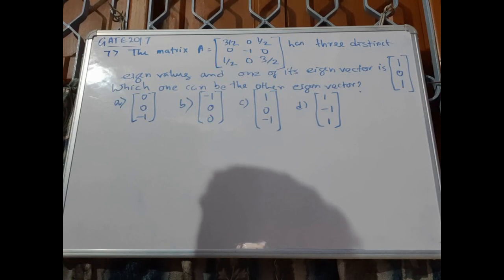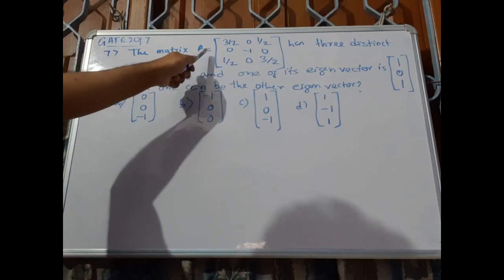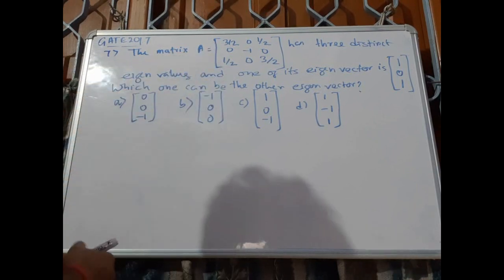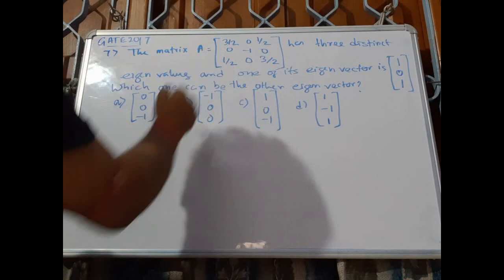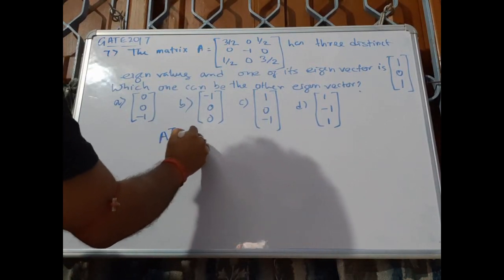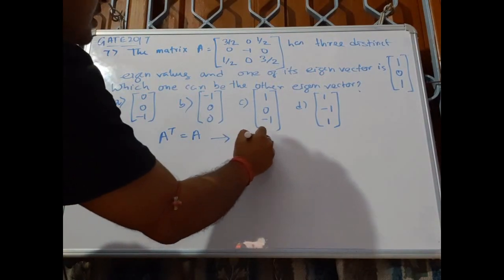Okay, whenever a matrix is given to you, you need to check the matrix first. Is there any hidden property in it? You can see that this is nothing but a symmetric matrix. If you take A transpose, you will get A, right? So it is a symmetric matrix,